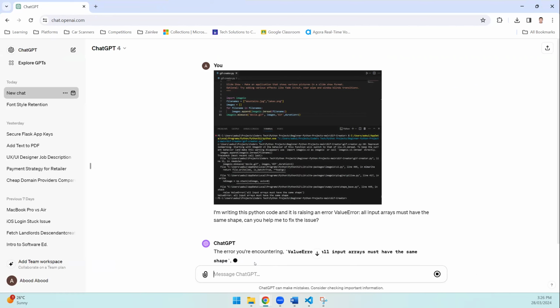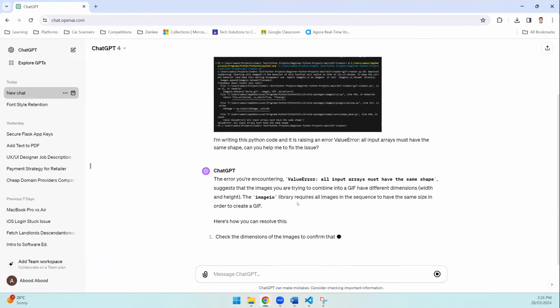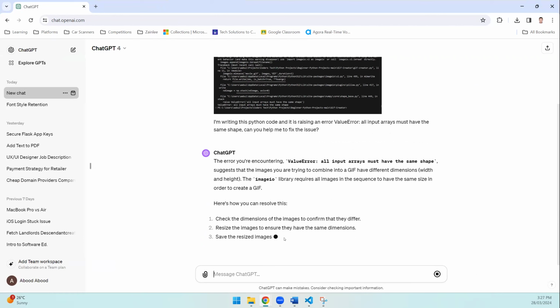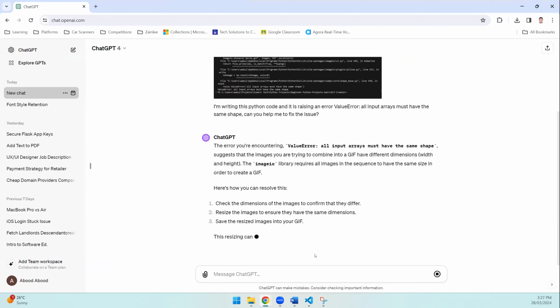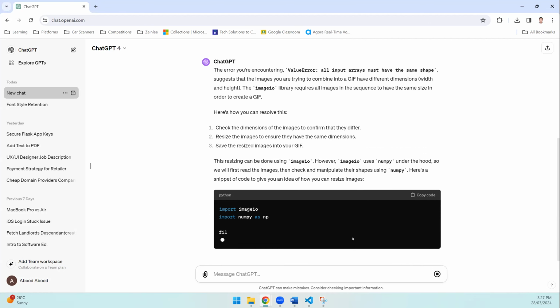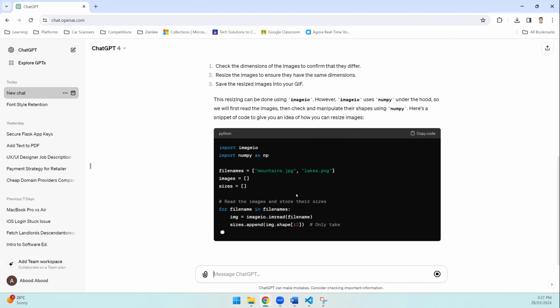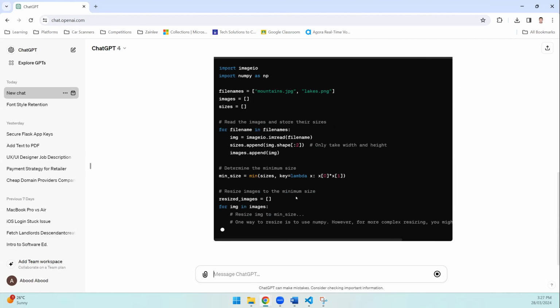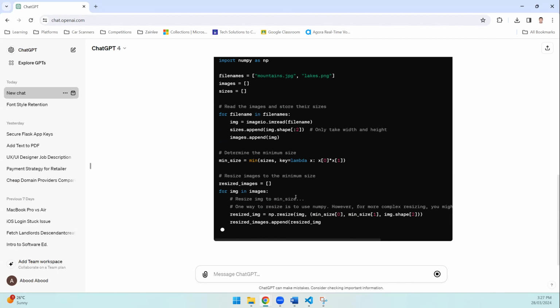The error you are encountering, value must have the same shape, means that the images you are trying to combine into a GIF have different dimensions, width and height. Here is how you can resolve it. Check the dimensions of the images, confirm that they differ, resize the images to ensure they are the same size before combining into your GIF. This resizing can be done using any tool, using imageio, really, which uses NumPy under the hood. So you first see the images, then check the